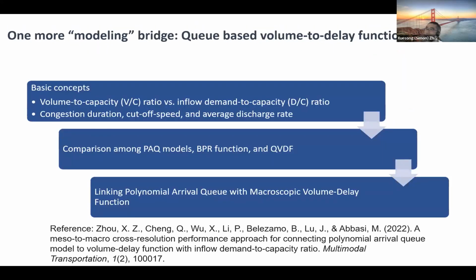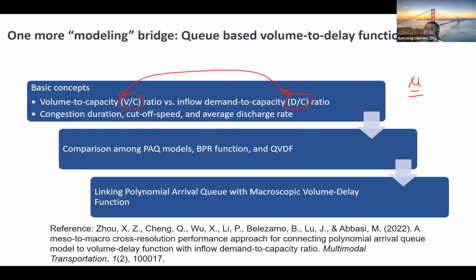We still need one more bridge. Why? Because in typical volume delay function, we say D over C or V over C, D as the demand. In the polynomial model, we just introduced here, we have mu as the discharge rate. And also how we can convert the V to the D require some further thinking. So that's why recently we also published this paper to link polynomial arrival queue with a Q volume delay function